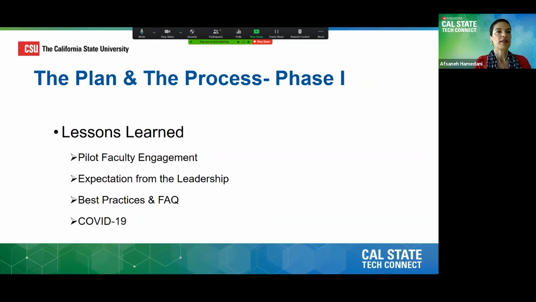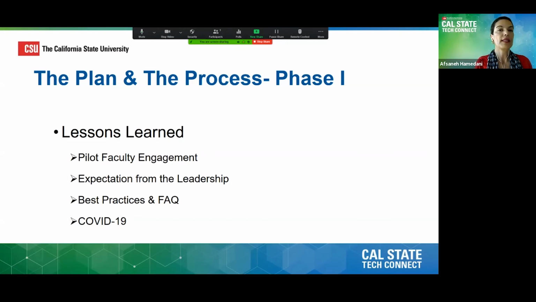We also learned that faculty wanted to know their leadership expectations with the launch of the dashboard. They embraced the value that the dashboard presented, but we realized that we have to mitigate feelings of trepidation. We want to make sure that faculty understand that the use of data from the dashboard is up to them, and it's not replacing any existing policies such as department policies, collective bargaining agreements, university policy statement in specific UPS